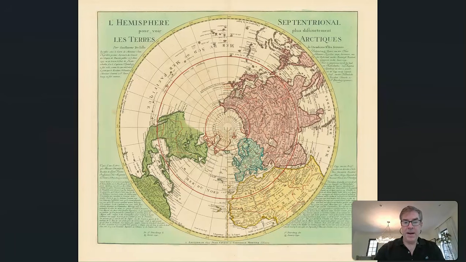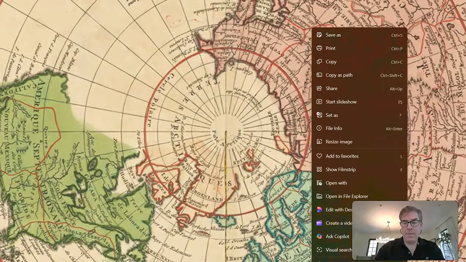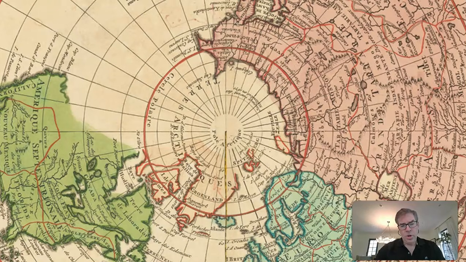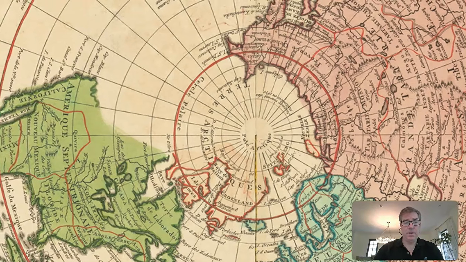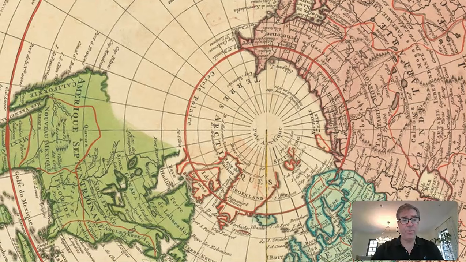And then you begin to see maps like this as we go forward. This is a polar map, but it shows Arctic land. So it shows that land's there, and you can see Greenland is attached to this Arctic land. But the land of Jesus is now completely wiped out. It's basically just being erased from these maps, as you can see here. And this also begins to show California no longer as an island.